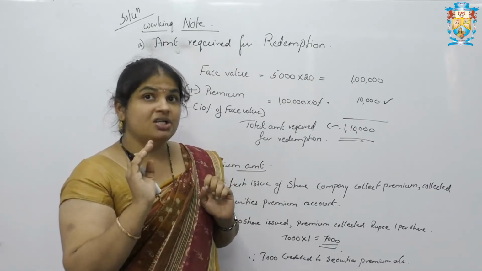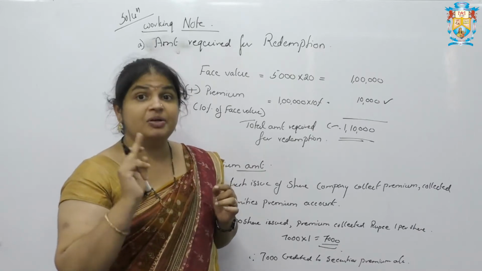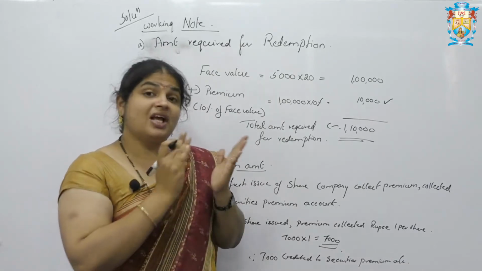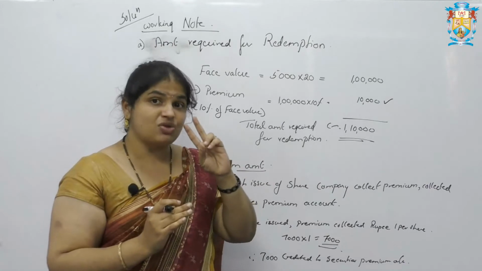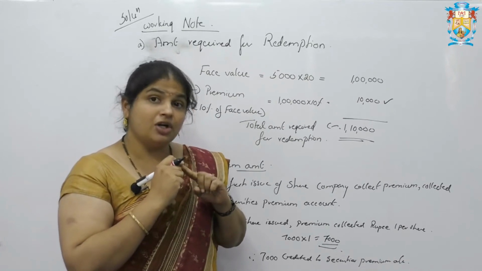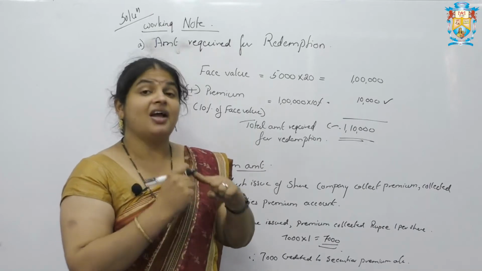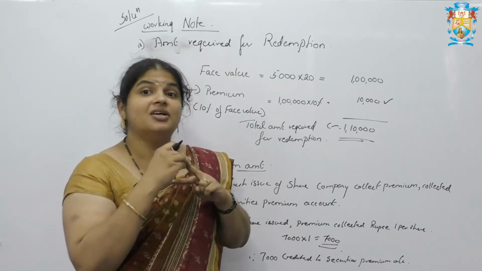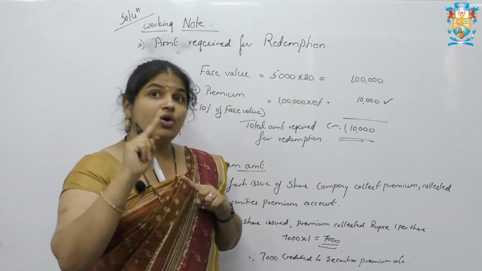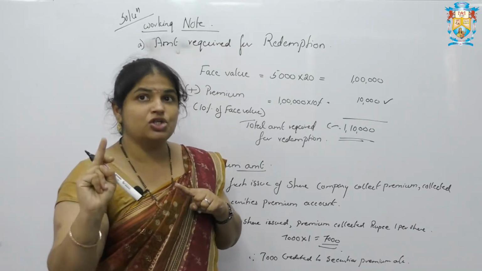Now read the question. In the beginning part they have said 7,000 equity shares are issued for the purpose of redemption. That is nothing but they are going to do the external arrangement. In the explanation part I have already said there are two types of arrangement: one is internal arrangement, the other is external arrangement. Here, according to this problem, they are going for external arrangement. If the fund is not arranged through external arrangement, then they come for internal arrangement. Here they are going for external arrangement, that is, they are going to issue 7,000 equity shares to the public once again. That is a fresh issue.